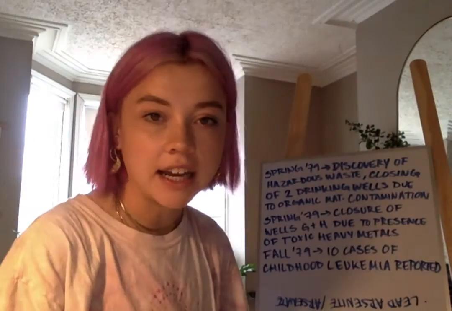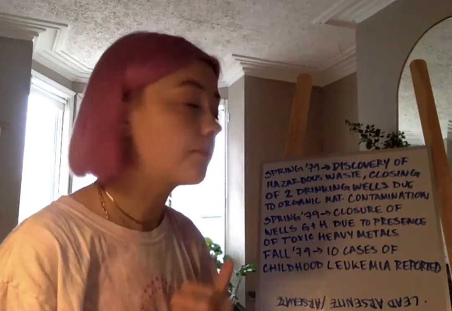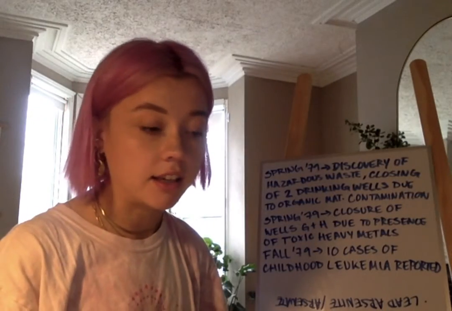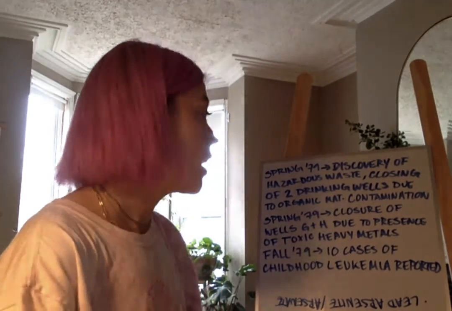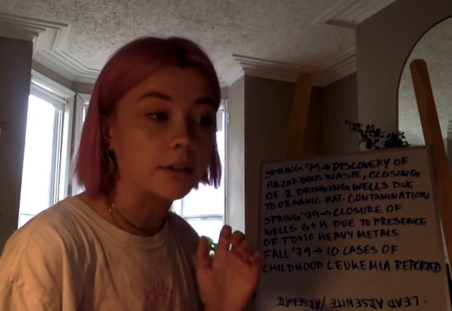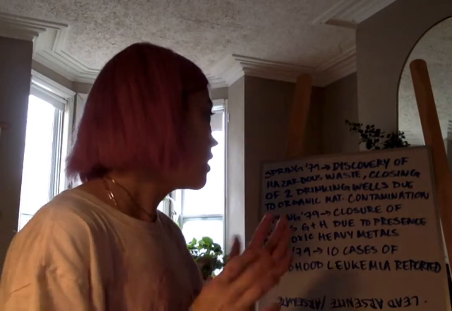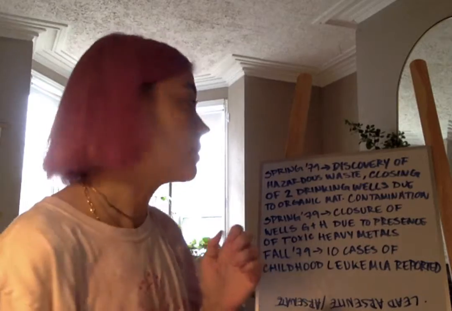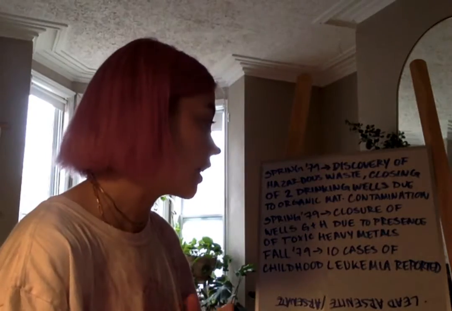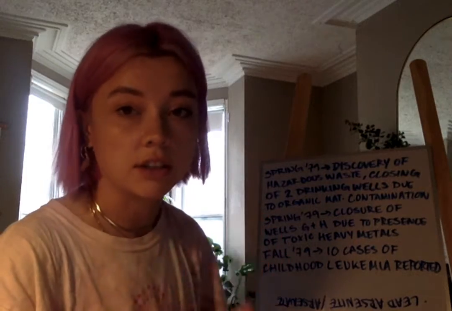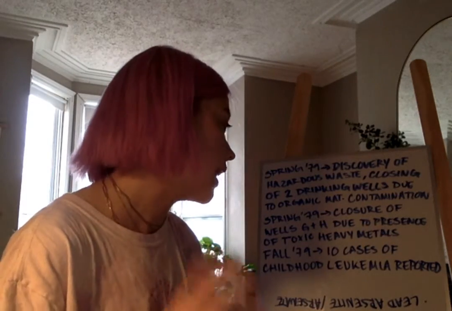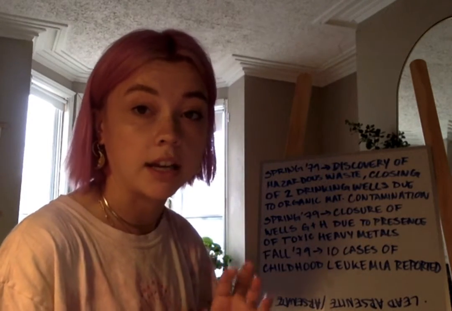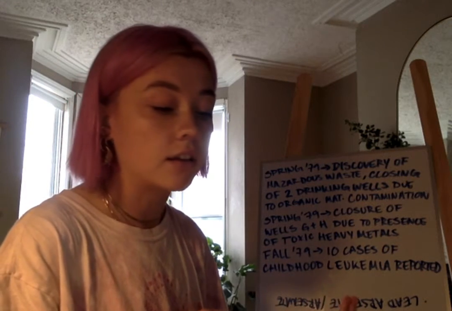So in the spring of '79, there was the discovery of hazardous waste in two drinking wells, drinking well G and drinking well H, and this is due to the organic material contamination. And then moving further into the spring of '79, there was the closure of the two drinking wells, like I said, G and H, due to the presence of toxic heavy materials. In the fall of '79, there were 10 cases of childhood leukemia recorded,